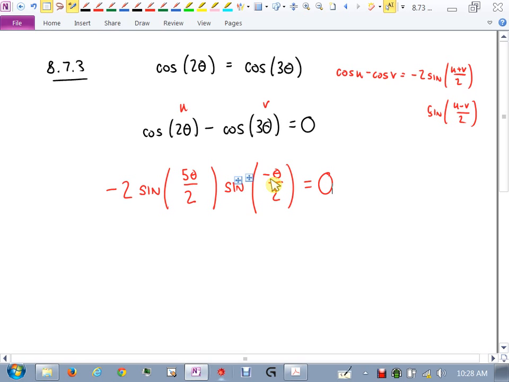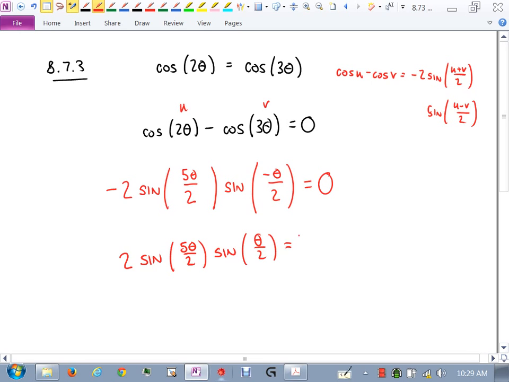I don't like the negative in here. Why? I don't know. I just don't. So can I get the negative out of here? Can I change sine of -theta over 2 into sine of positive theta over 2? Yes or no? Yes, but what will I have to do? I'd have to make this a negative outside, which would change this out here to a positive, because it's basically like a -1 that would have to come out of here. So I'm going to rewrite this as 2 sine 5 theta over 2 sine positive theta